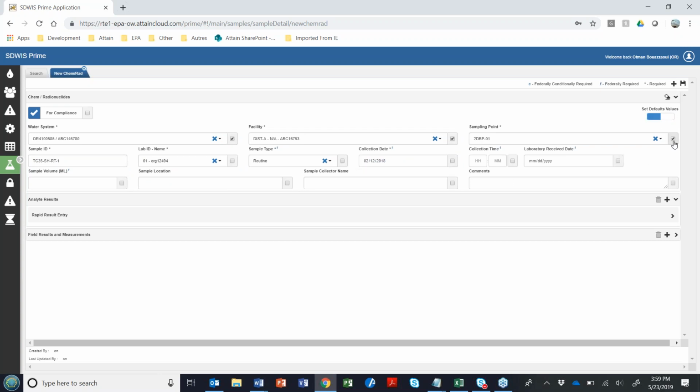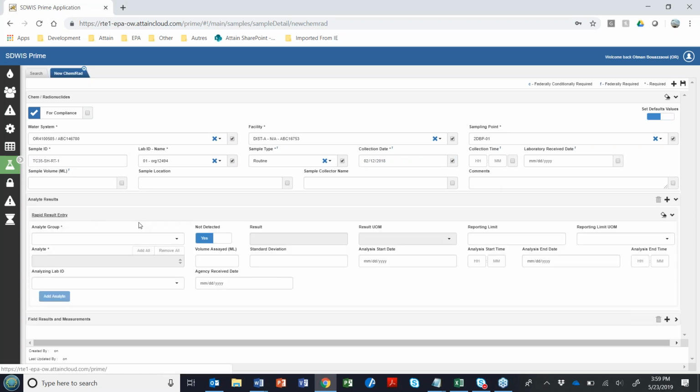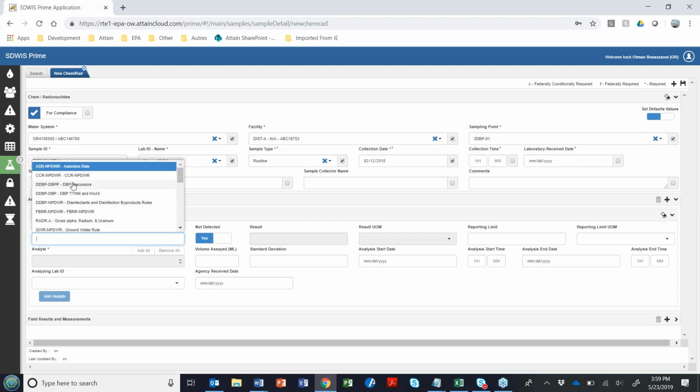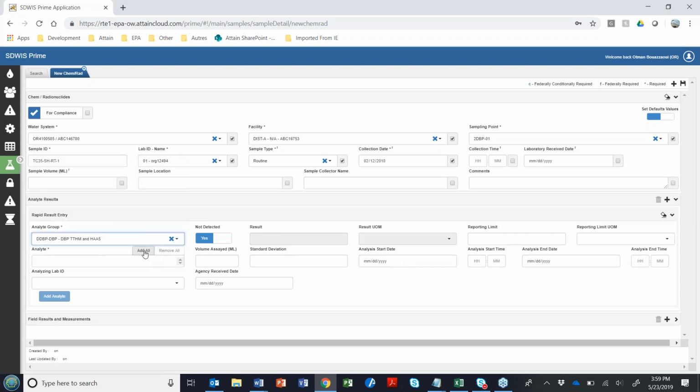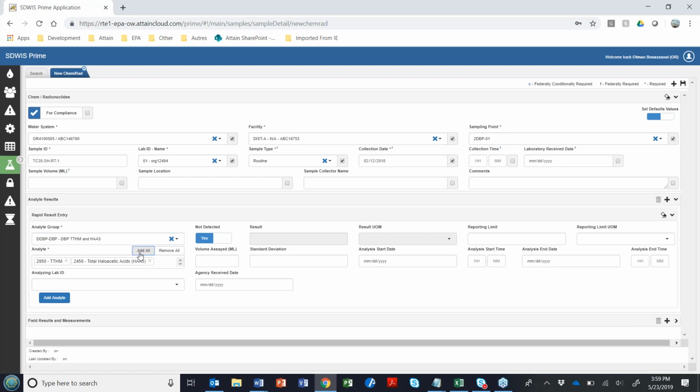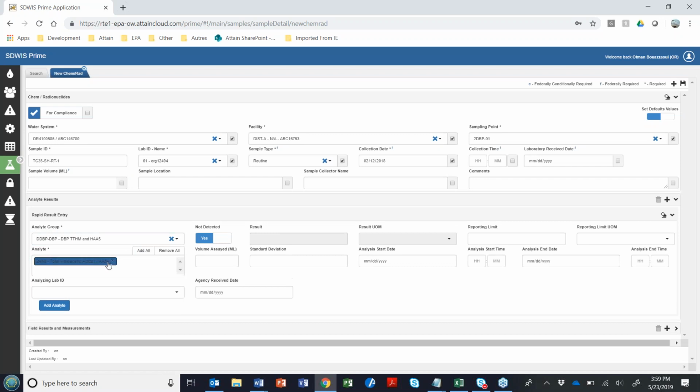And I know I'm going to be using a lot of this information again, so I'm just going to do this. And then you can go ahead and use the rapid entry here to add these 2 analytes quickly.